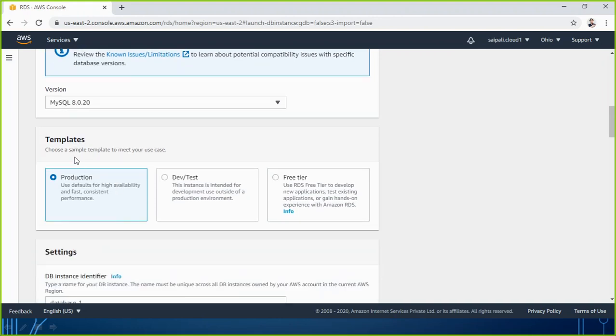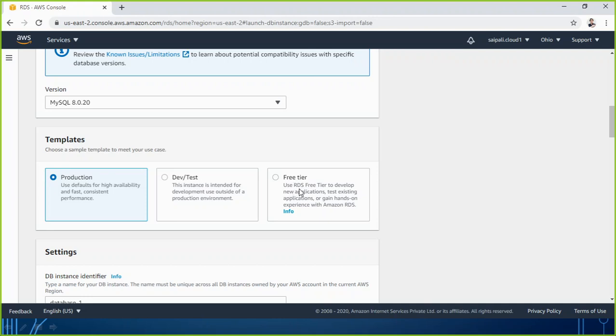Thereafter, the next option is template. Which type of template you are looking for? Production, development or test, or free tier. So organization, if you're working with any company, you will be continuing with either production or test. For us right now, because we just want to have this service to test, and we don't want to pay any money to use this service, we will be going with the free tier.